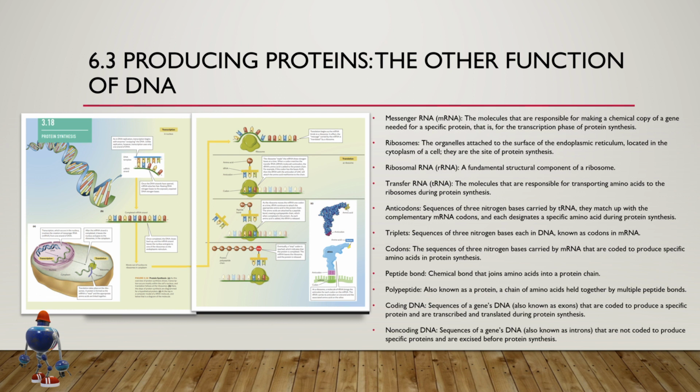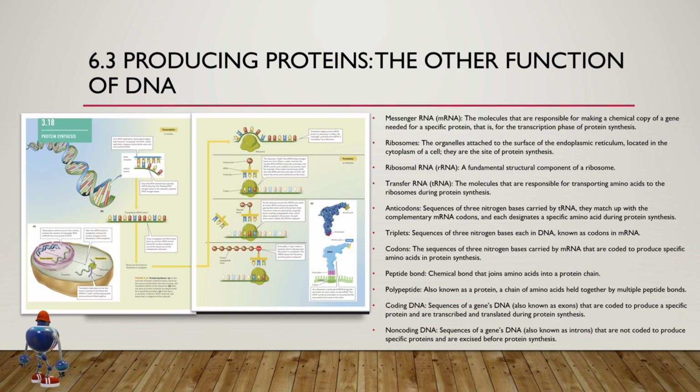during protein synthesis. The next one is anticodons, sequences of 3 nitrogen bases carried by tRNA. They match up with the complementary mRNA codons, and each designates a specific amino acid during protein synthesis. Next is triplets, sequences of 3 nitrogen bases each in DNA, known as codons in mRNA. Next is codons, the sequences of 3 nitrogen bases carried by mRNA that are coded to produce specific amino